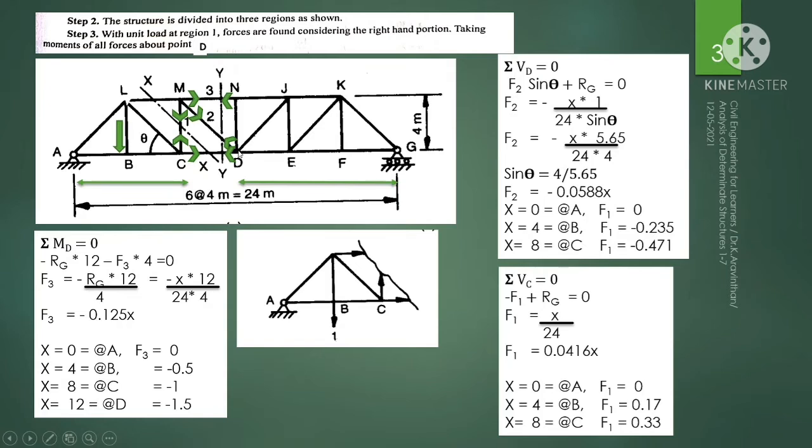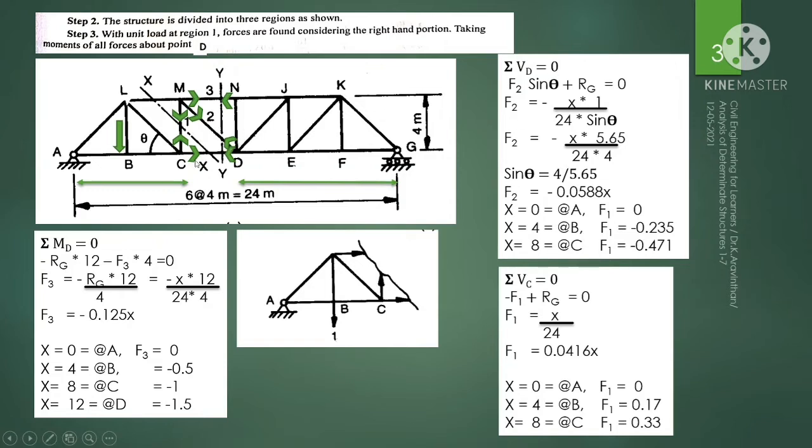So on the right hand side we have the point D. Let us resolve this into vertical component. For that you need theta. How to find this theta? We know the distance, this is 4 meter and this is also 4 meter. While considering this right angle triangle, you can take opposite side by hypotenuse and you will be getting the theta here. After finding the theta, if you resolve into the vertical axis, you have to use sin theta, that is F2 into sin theta.